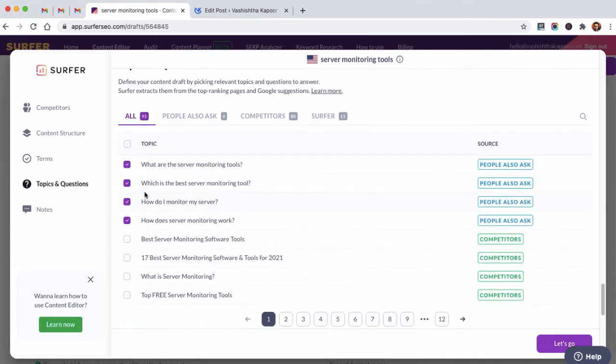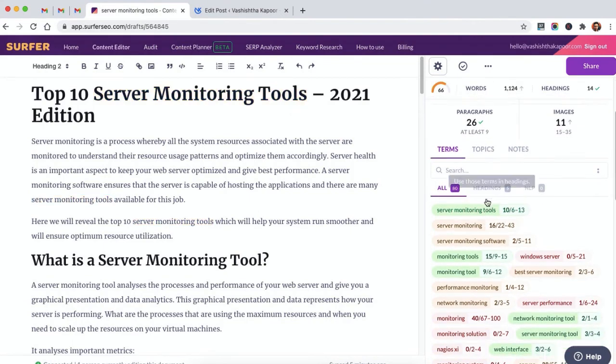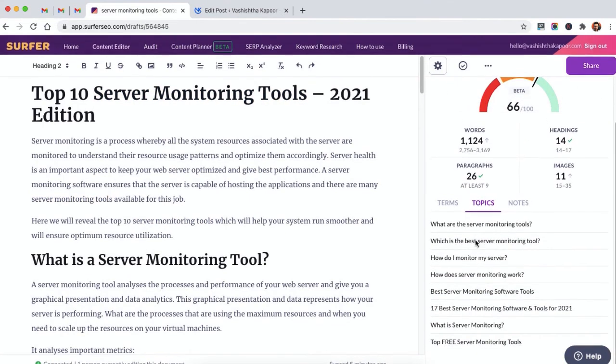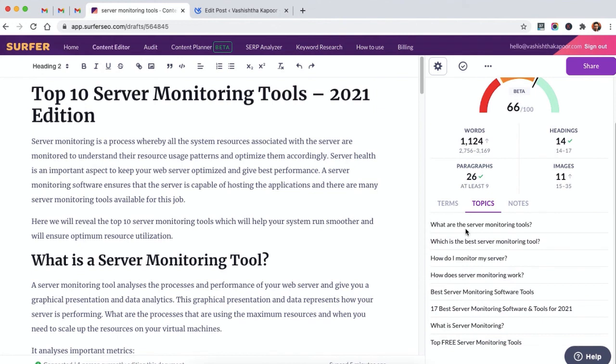Then talking about the topics and questions, there's more topics or questions that can be there inside the content. And now you can click on this, and once you click on let's go, you can see all these topics here. If you want to remove few, then you can remove it from the customizer.